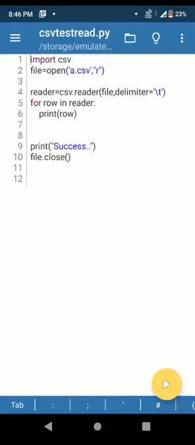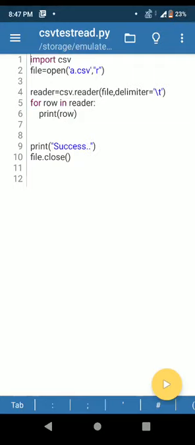One thing you must observe that inside reader function we have given two arguments, file and delimiter. File is the file object and delimiter, this is the second argument, since in our file tab stop was used as delimiter symbol. But in normal cases CSV files are comma separated value files, that means values are separated by comma, so you don't require this parameter.